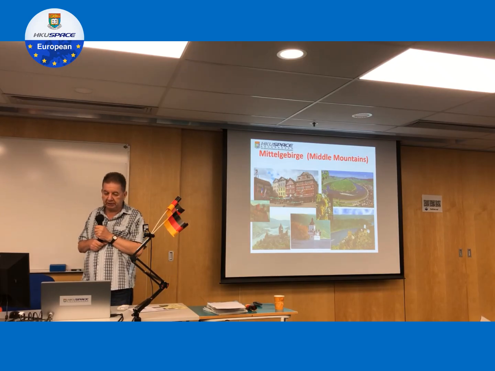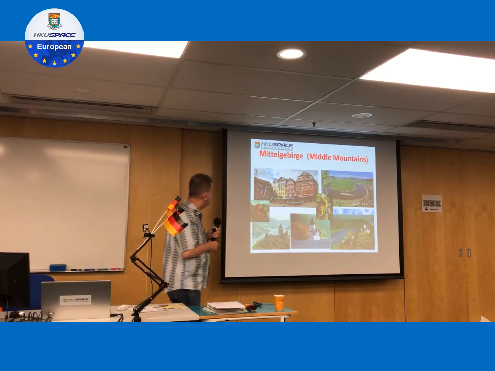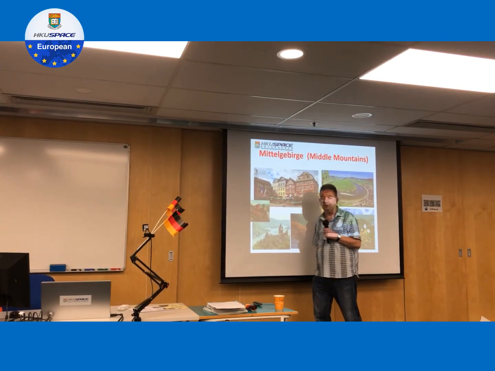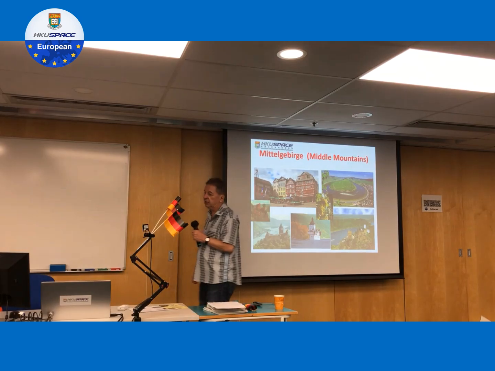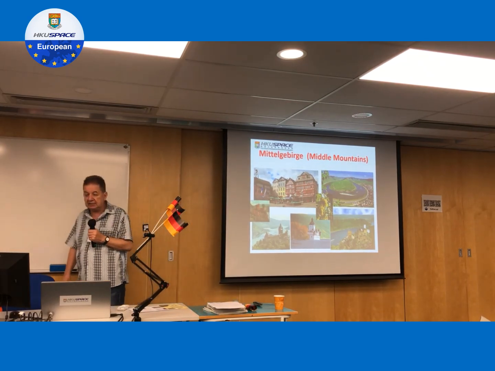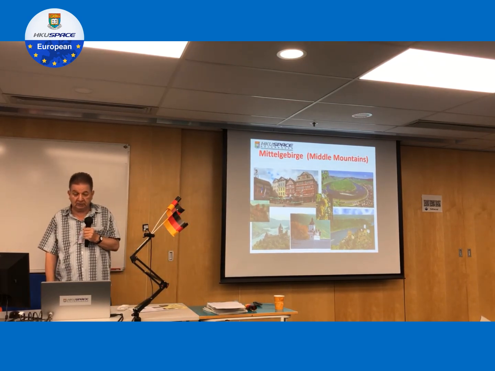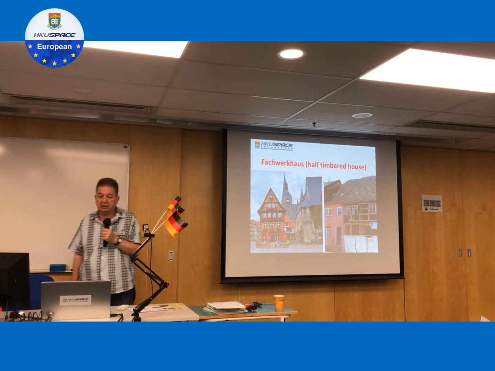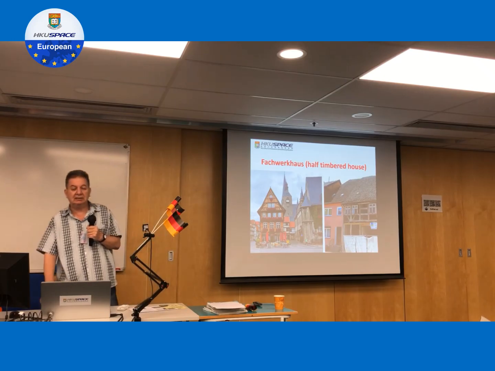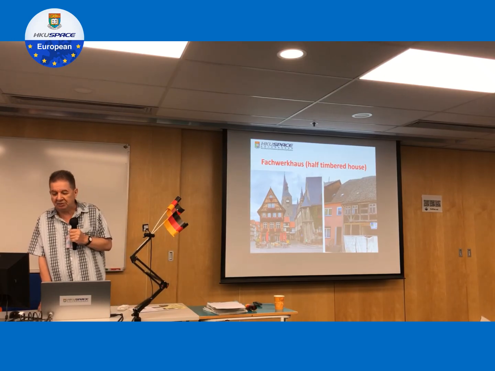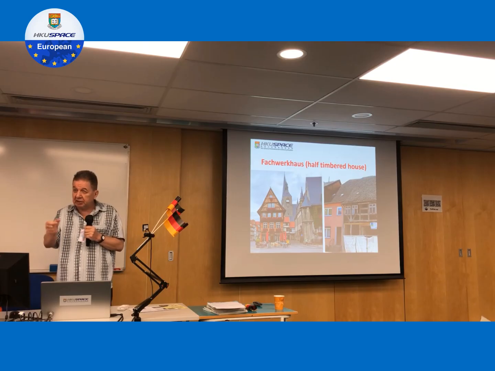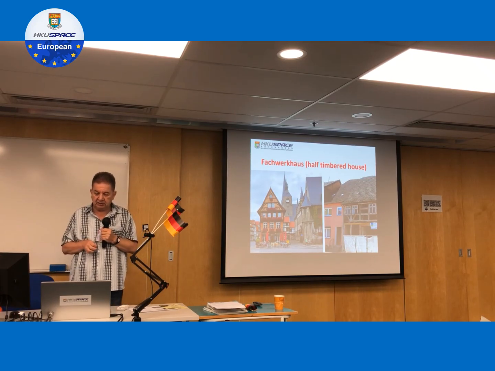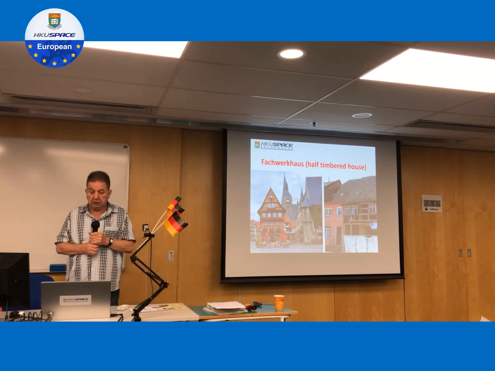Another typical thing we see here is these houses. Many people find it typical for Germany to have this kind of house, but of course in other countries they have similar kinds of houses. On the next slide we look at one of these houses, and we read together, Fachwerkhaus. Fachwerk is this kind of structure, the brown structure. In English you call it half-timbered house. Timber is a log of wood.